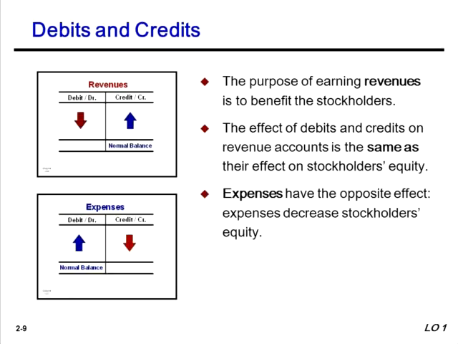All right. The other 2 accounts that affect retained earnings are revenues and expenses. Revenues would cause retained earnings to go up, so we would credit a revenue account, and a credit to retained earnings will cause retained earnings to go up. Expenses will do the opposite. It'll cause a decrease in retained earnings of stockholders' equity. To decrease retained earnings, we would debit that account, so it makes sense that the expenses would have a